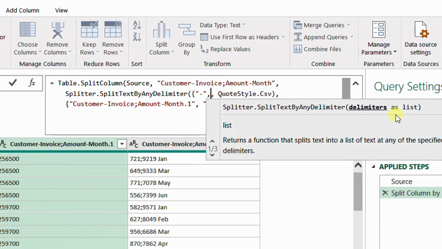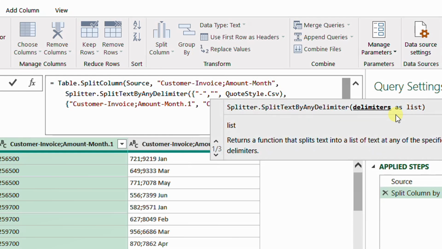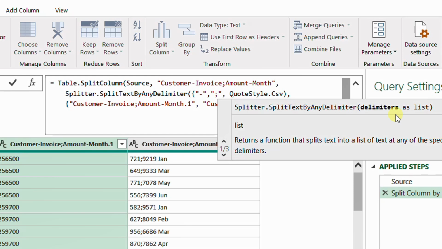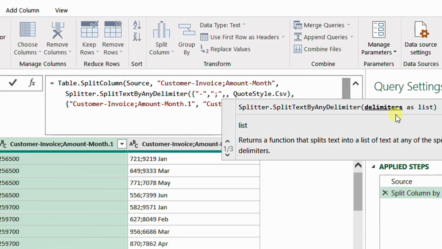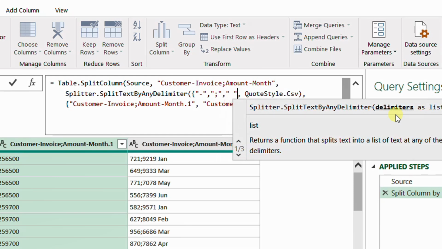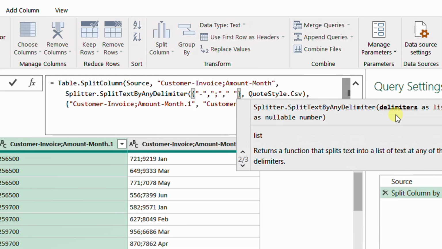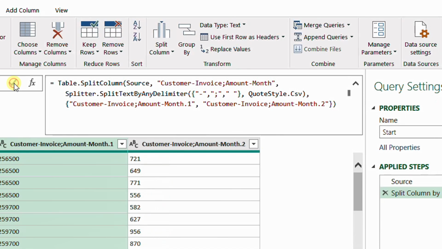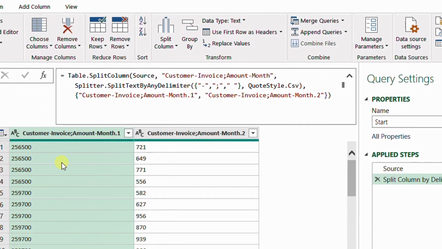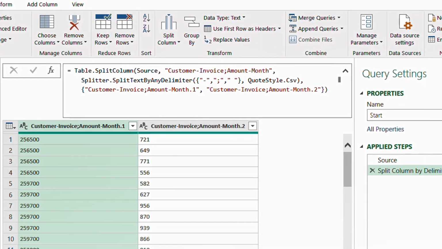My second delimiter will be the semicolon. I'm going to type it inside double quotes as well, and then comma. My final delimiter will be a space, and also I'm going to type it inside double quotes and then close the curly bracket. And I believe this way it will work. Let's try together. I'm going to hit the check mark and let's see what happened. Now I have again two columns. First one containing the customer number and the second one containing only one piece of info, which is basically the